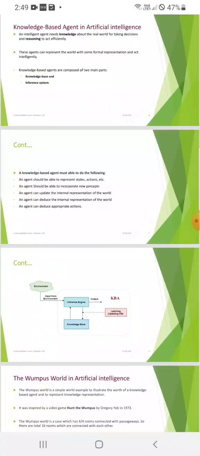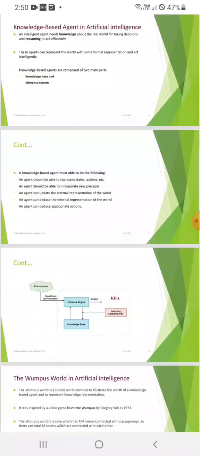So we have two main parts in this knowledge based agent. One is the knowledge base and the other is the inference system. There are certain points this knowledge based agent should follow. The first is, an agent should be able to represent states, actions, etc. State in the sense of what is the initial state, what is the goal state, and actions are nothing but